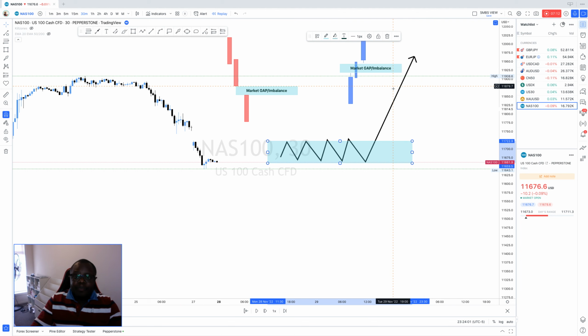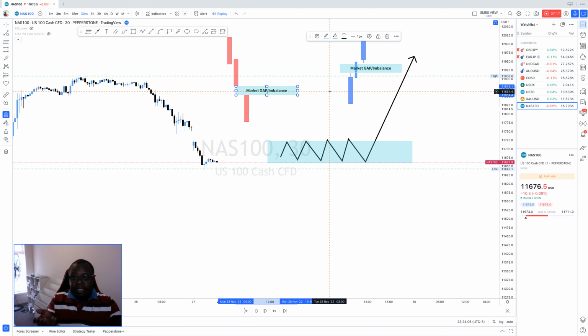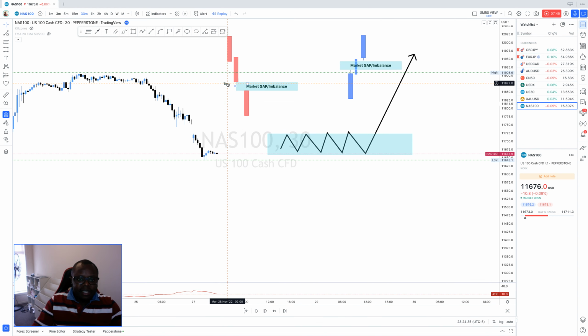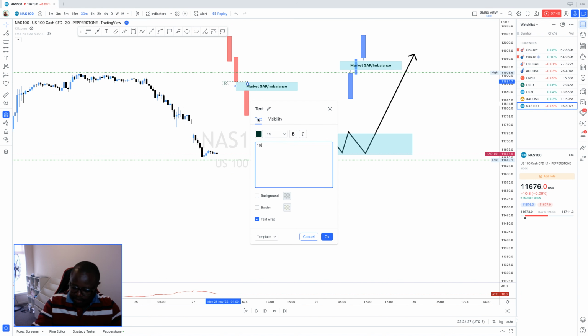Number two, you might find that at times the market has a break. By a break I mean, for example, on a weekend, let's say by Friday, price ended here, at this level. But in some markets, other economic activities continue happening even when the market is on the break, between Friday and Monday. So assuming the price ended here at, let's say, 10.5,